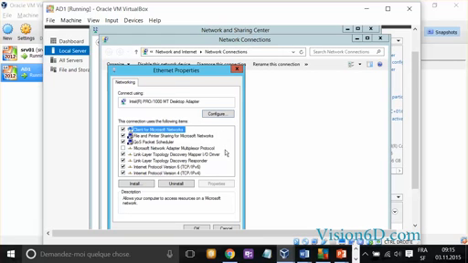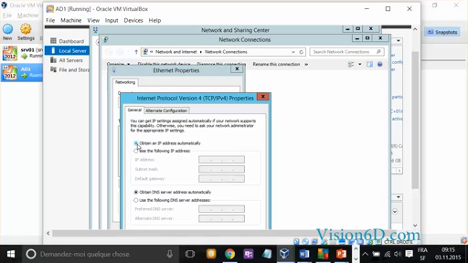The one I want to change is the one concerning IP version 4. You see that they were set to be obtained automatically, which I change to the following address, 192.168.1.10. The subnet mask, I leave the default one, and the IP address of the gateway is